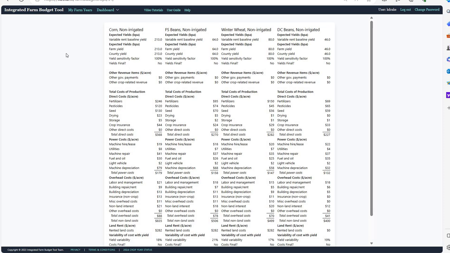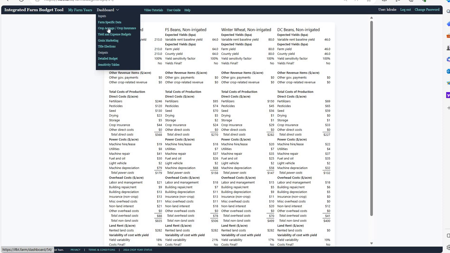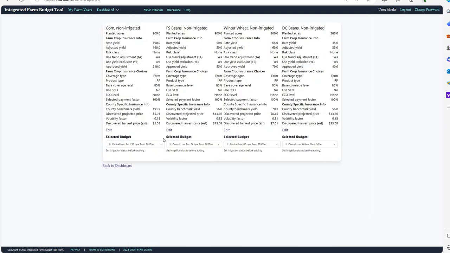Well, that's not always the case, and sometimes a farm can consistently outperform the county. And in this particular case, there's a clue that that might be the case as it relates to our crop insurance. Recall that our approved yield for our farm for corn was 210 bushels an acre, but the county benchmark yield was 191.9. Madison County has pretty highly varied soils, and certain producers can drive considerably higher yields than others,